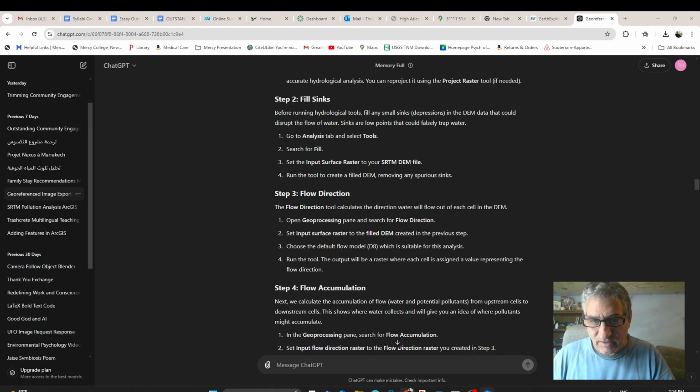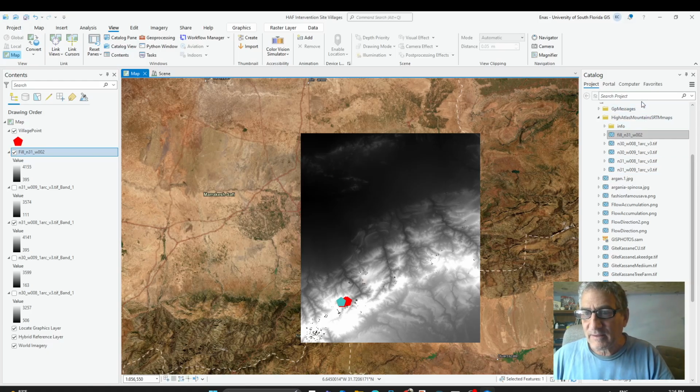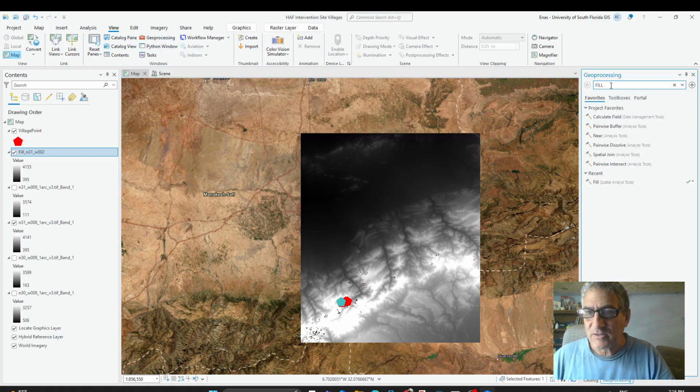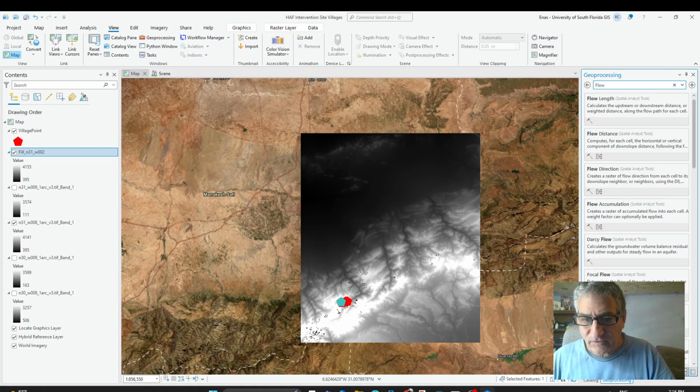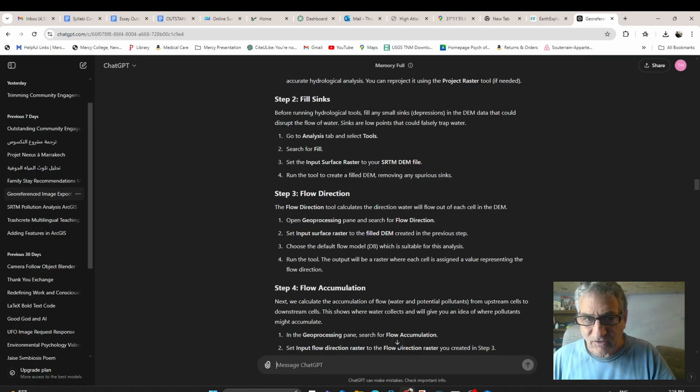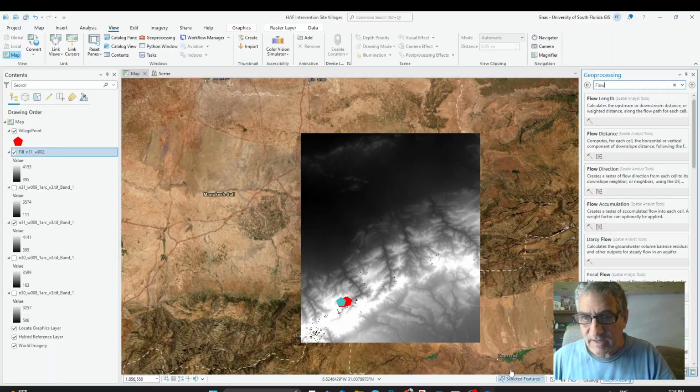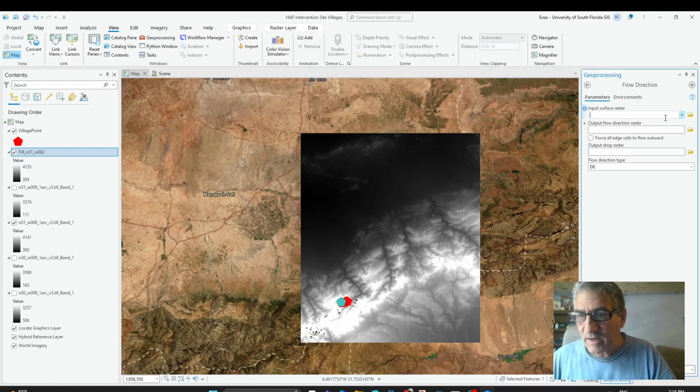Flow direction tools. So you want to go for flow direction and choose the default flow model and run the tool. So let's go back in here and let's go to geoprocessing and let's go for flow. There's flow length, there's flow distance, there's flow direction. It told us to do flow direction. So we pick flow direction. Our input surface raster is the fill one now. The output's going to be called flow, and the D8 is the